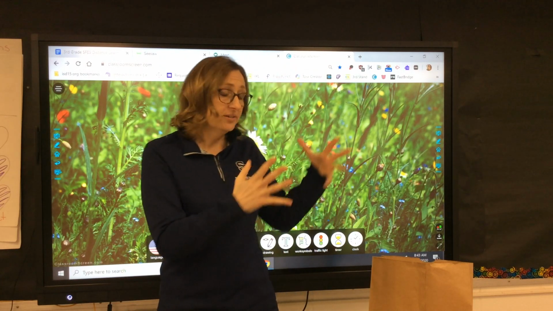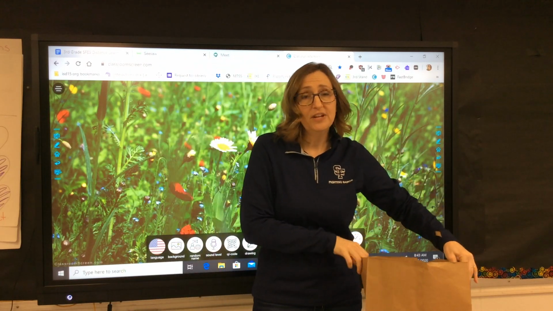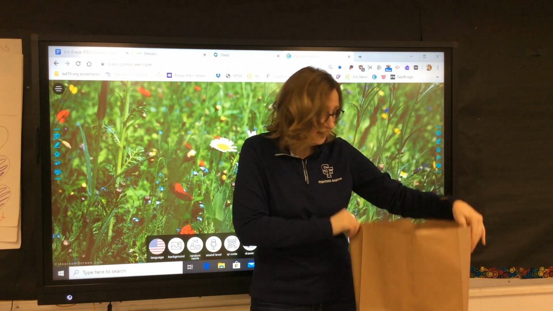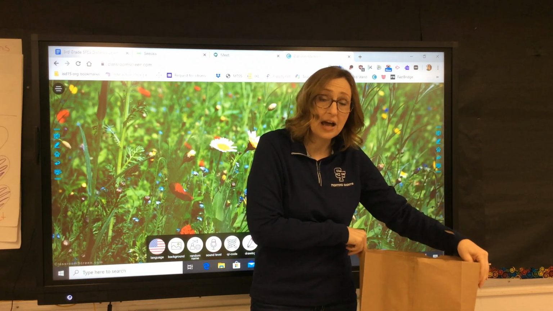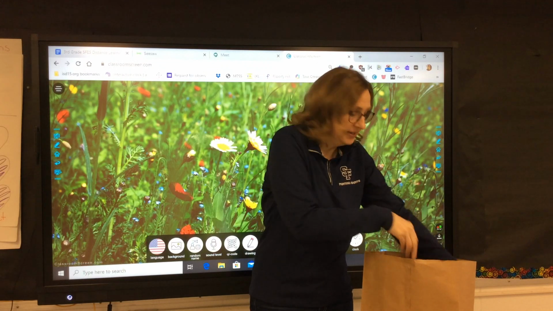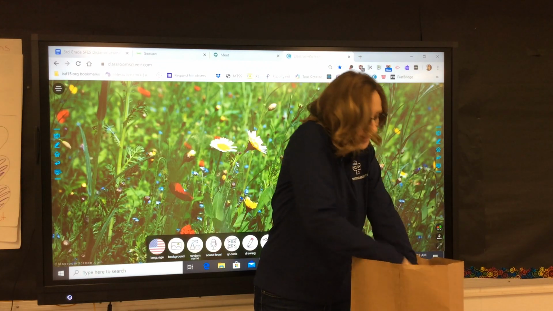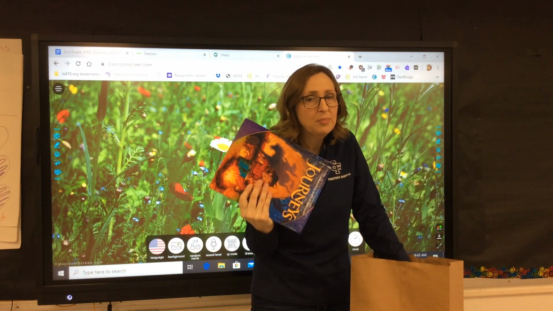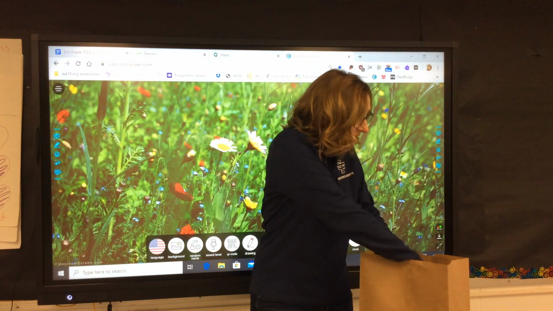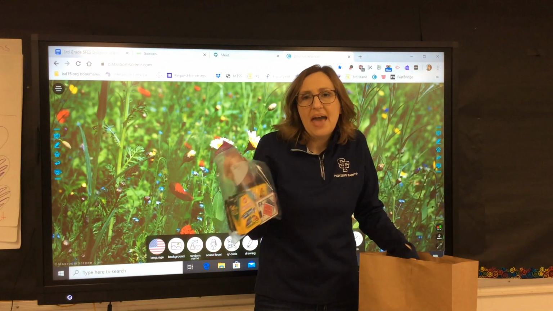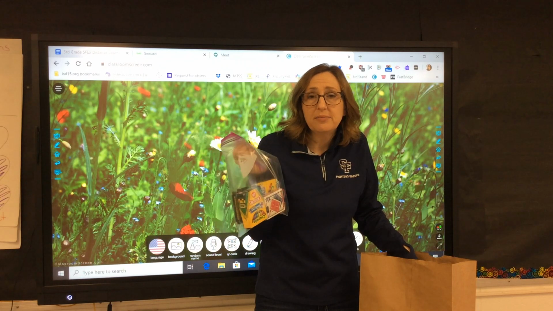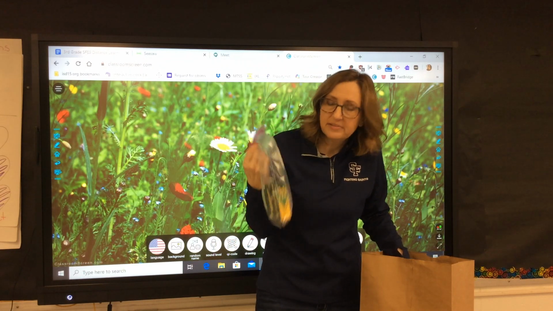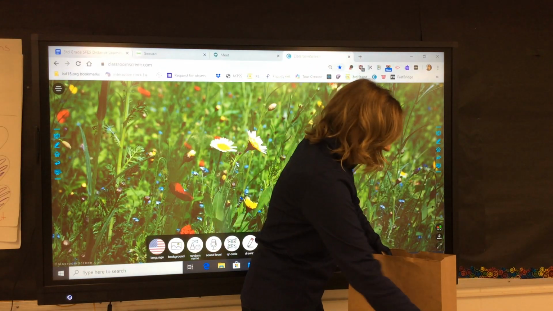Then we have materials. Every kid has a bag in our gym, and once you get that picked up, there are some important things. One is a reading book, and this will be part of the lesson plans. Two, they have a bag of some of their art supplies and a deck of cards and stuff like that.